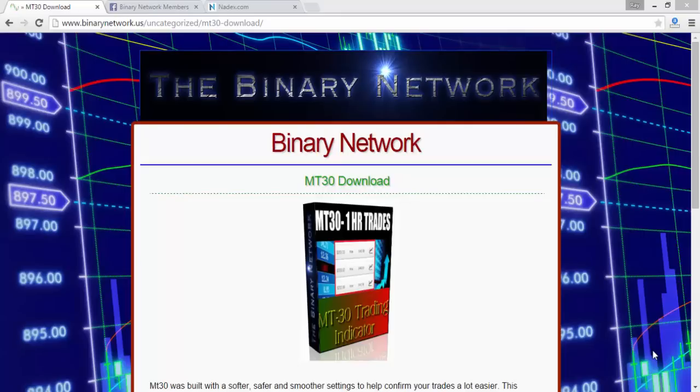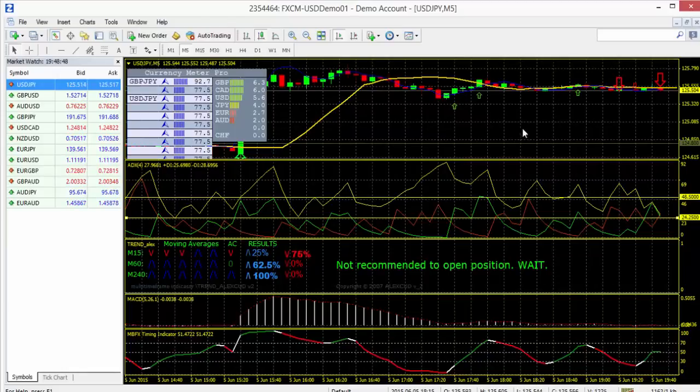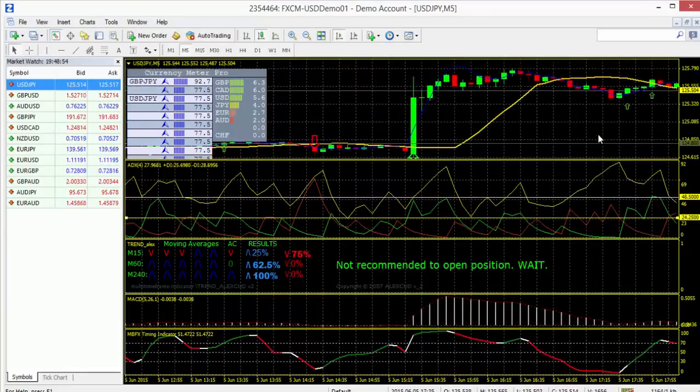In this video, I'm going to go over the MT30 and show you guys a little bit of tips and advice and what to look out for when you're using the MT30. It's a very cool indicator that we just released, and I'm going to show you it really fast and show you exactly the difference between the big arrows and the small arrows. Okay, so let's go ahead and